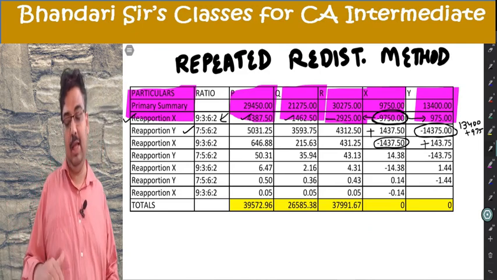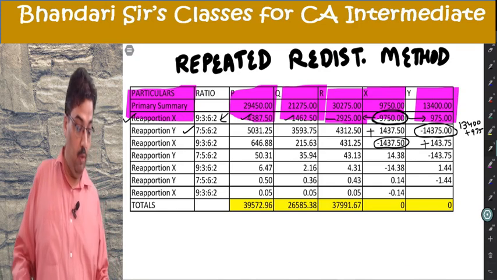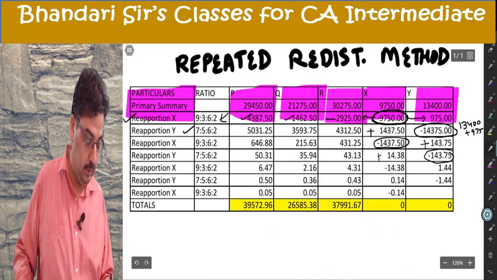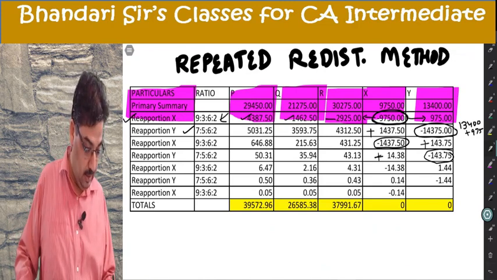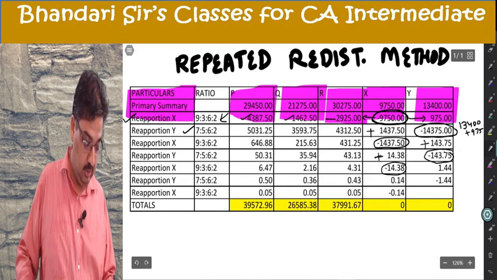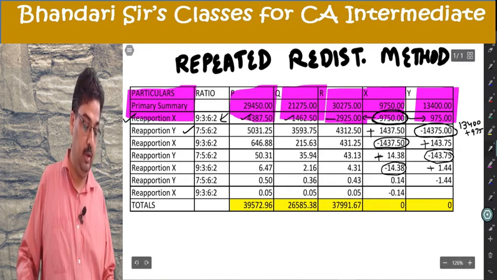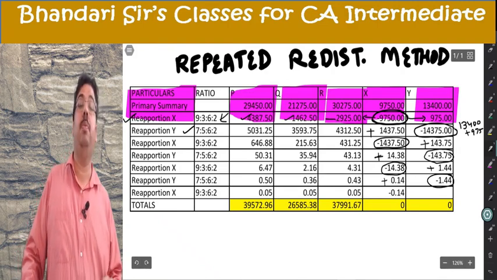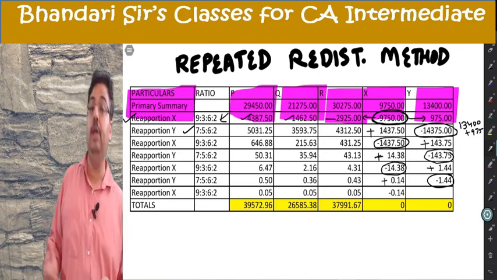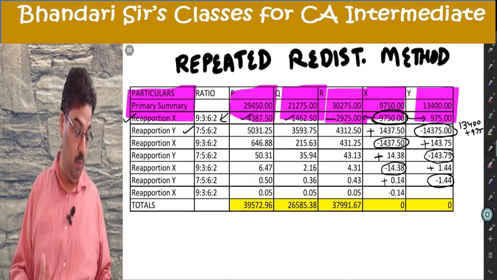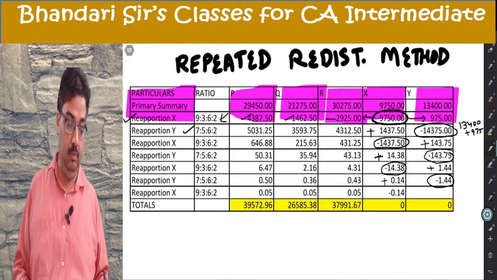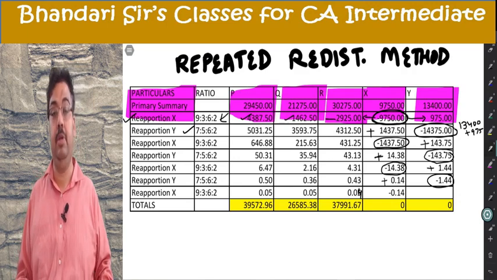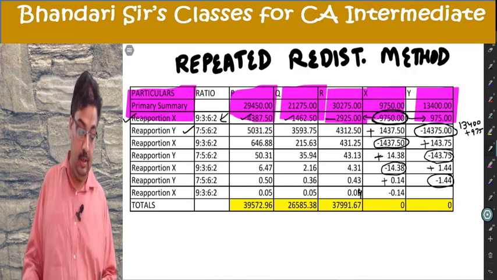Ratio keeps on changing. For X, X's ratio. For Y, Y's ratio. 143.75 I am getting there. Now, I want to make it 0. I get a positive figure here. I want to make this 0. This is what I am doing. Now, it is less than rupee 1. Keep on doing till you get less than rupee 1. Once you get less than rupee 1, I put almost equally there. You can put 4 paisa in one of them. This is approximation that you have to do carefully. 5 paisa, 5 paisa, 4 paisa. Now, once you get there, you get this total.